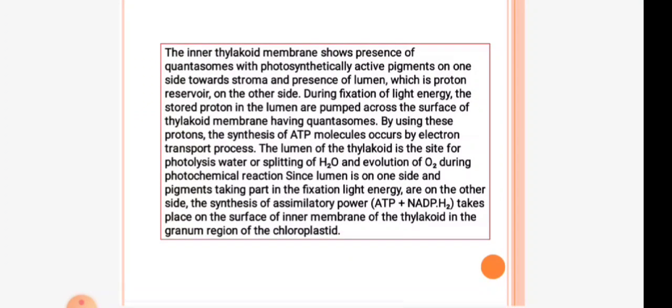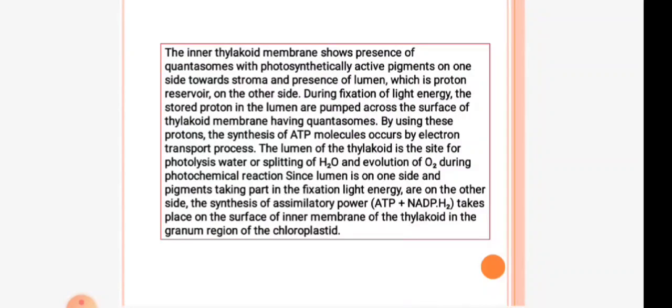The inner thylakoid membrane shows the presence of contasomes with photosynthetically active pigments on one side towards the stroma and the presence of lumen which is with protons on the other side. During fixation of light energy, the stored protons in the lumen are pumped across the surface of the thylakoid membrane having contasomes. By using these protons, ATP are synthesized by